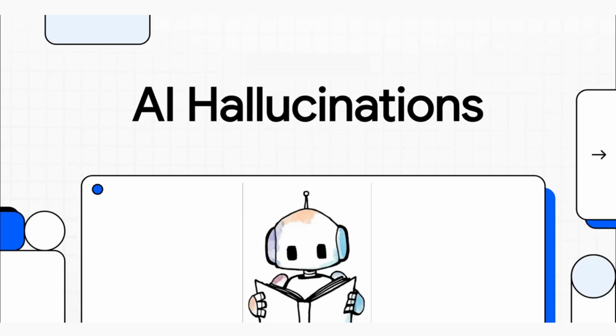All right, let's talk about something we've all probably seen by now. You ask an AI a question, and it gives you an answer with total confidence that is completely, 100% made up. We call this an AI hallucination. But what is it, really? Why does it happen? And the big one, can we ever actually fix it? Well, today, we're going to break it all down.